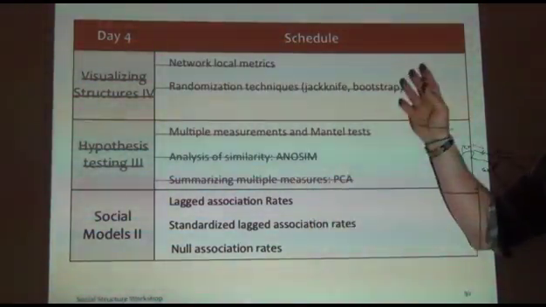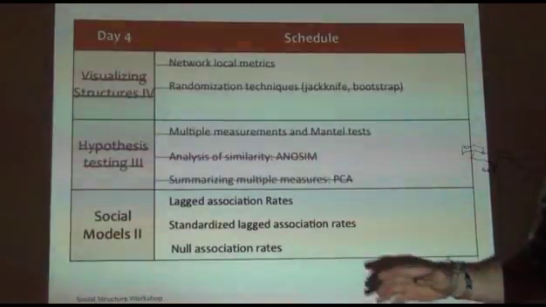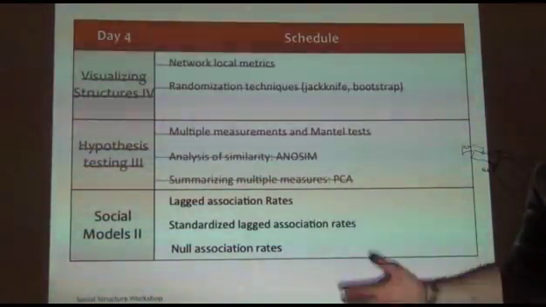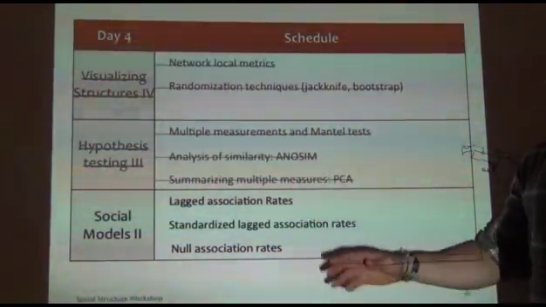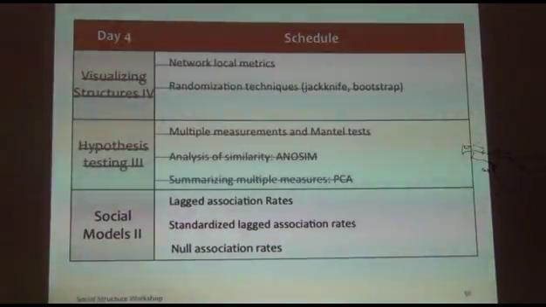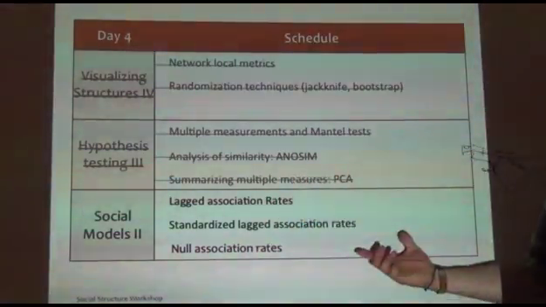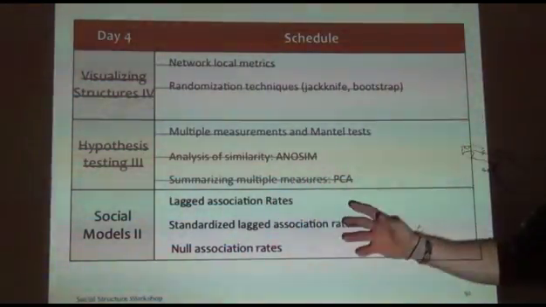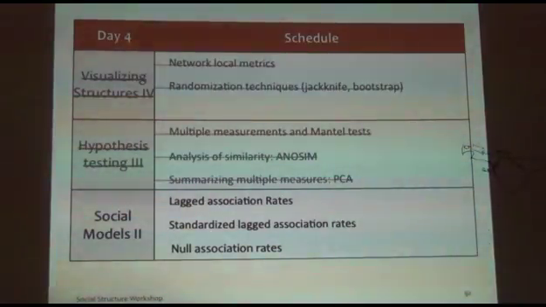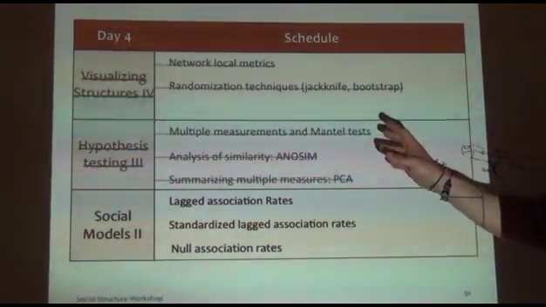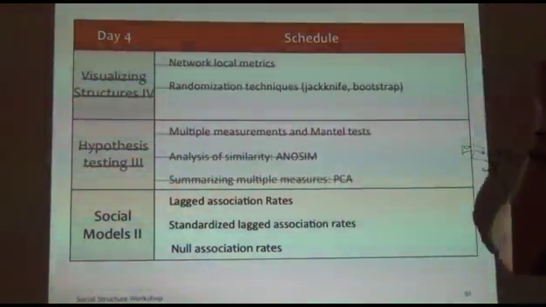It's a very robust model for social analysis, and there are lots of advantages. You can use it independently of everything that we've done so far. You can just write a paper on this type of technique and the questions you can answer with it. So we go for lagged association rates, then standardized lagged association rates and null association rates. And tomorrow we're going to use this information to start fitting some